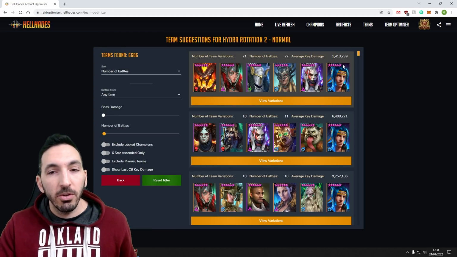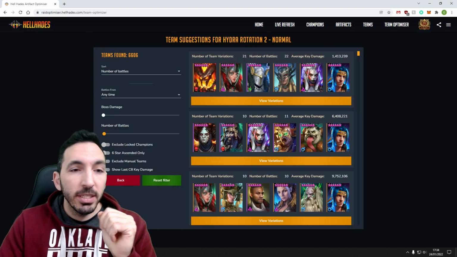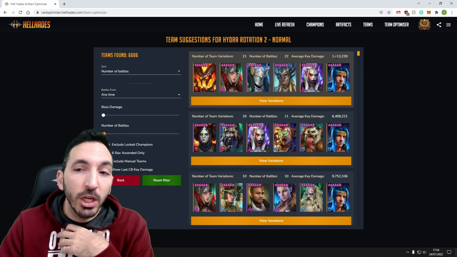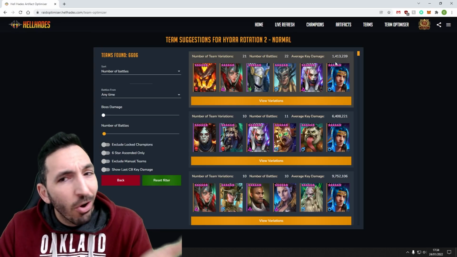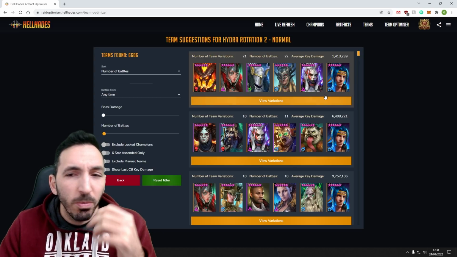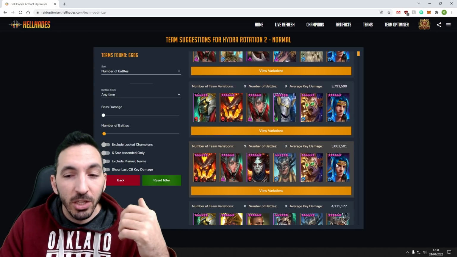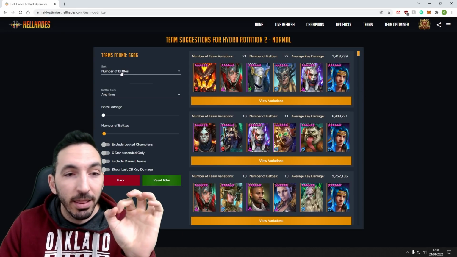And this is how the tool works. Based on the champions that I have and the number of battles, which is the filter set here, I can build out this team with the champions that I have, and it can do an average key damage of 1.4 million. You're going to say, Cold Brew, that's not really worth it. I want to use this tool, but for 1.4 million damage, I can do that randomly. That's correct. You can see other teams 6.4, 9.7, and so on,